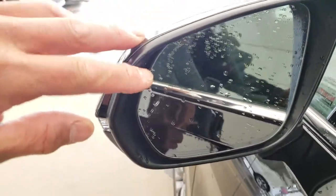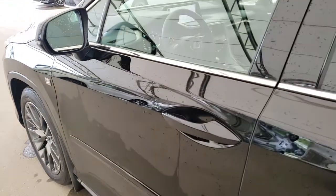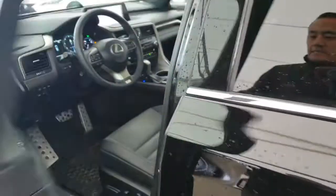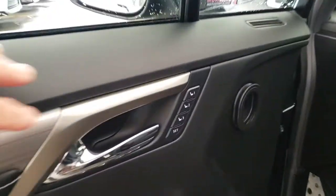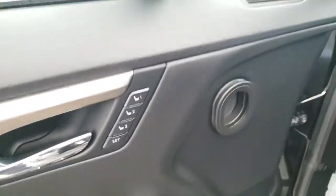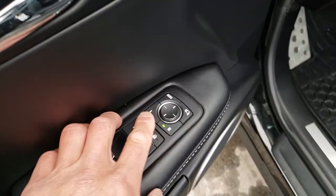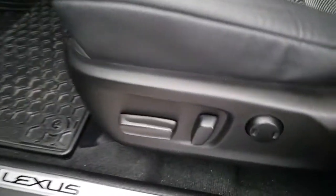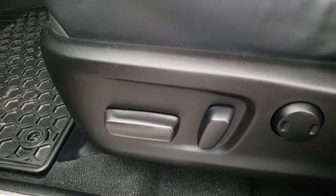blind spot monitor with rear cross traffic alert, keyless entry with push start ignition, driver's seat memory seating, power folding and auto dimming side mirrors, power adjustable front seats,